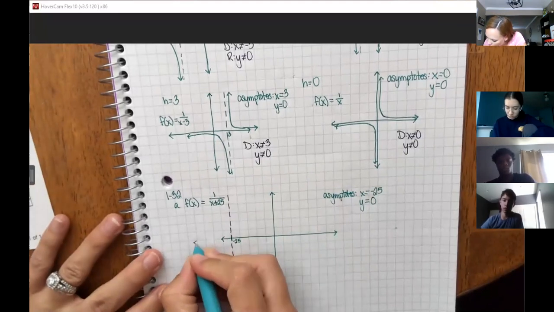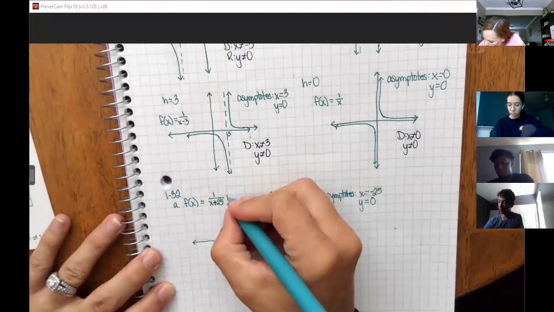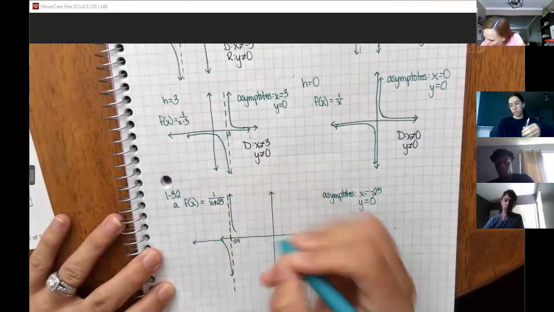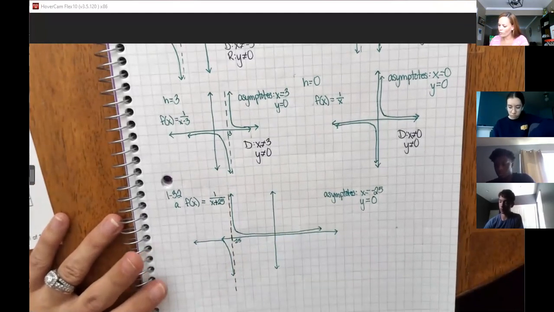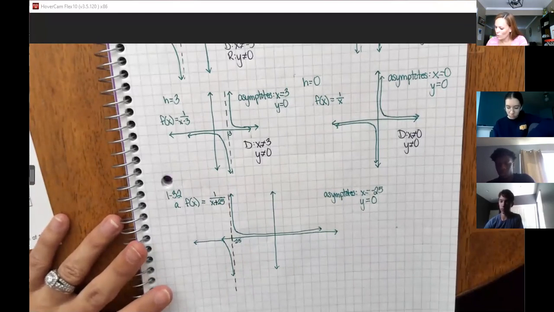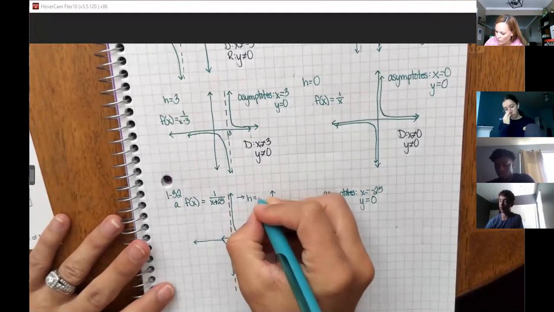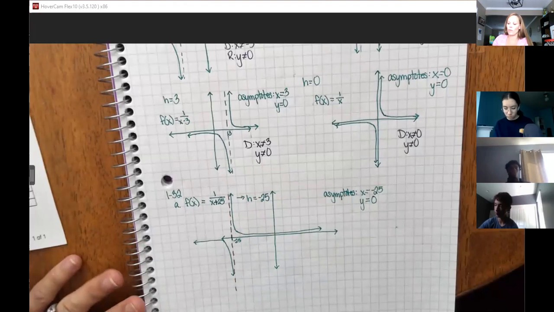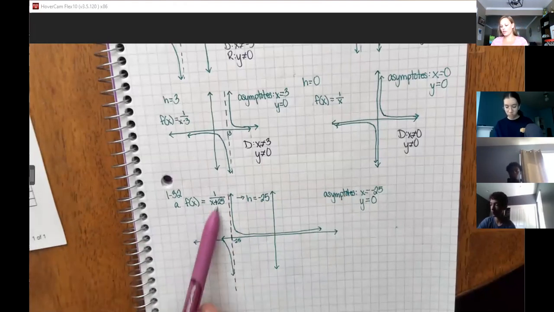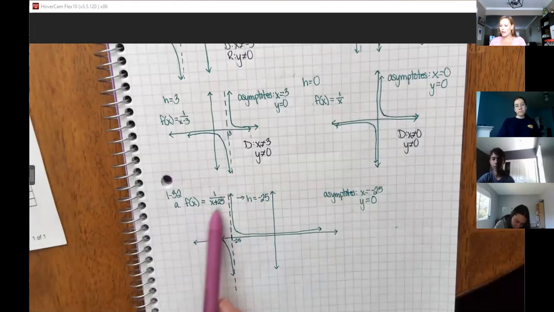So this graph is going to do the same thing. Basically for this problem, it would have been that we had h is equal to -25. So anytime we have an equation in this form, you should be able to identify, make a quick sketch of